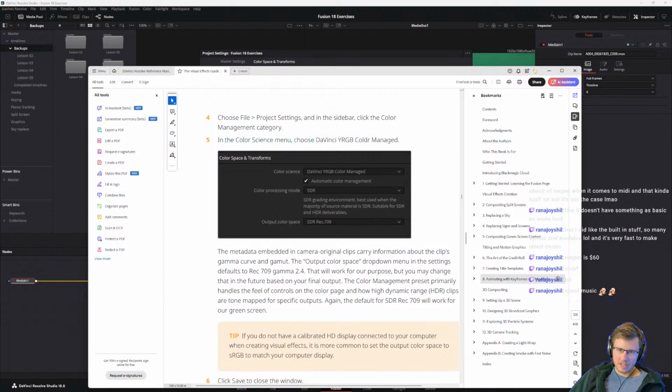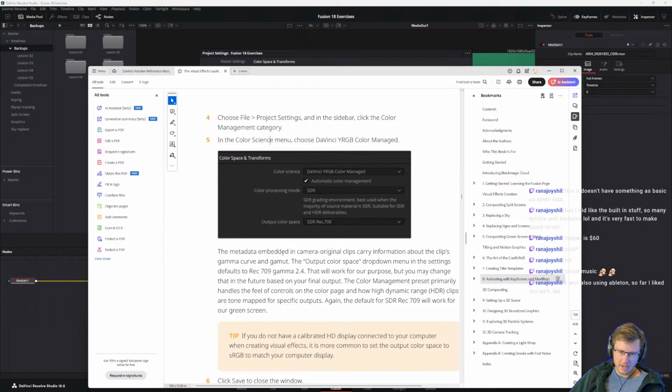So in the color science menu, we got to make sure this is YRGB, and then the metadata embedded in